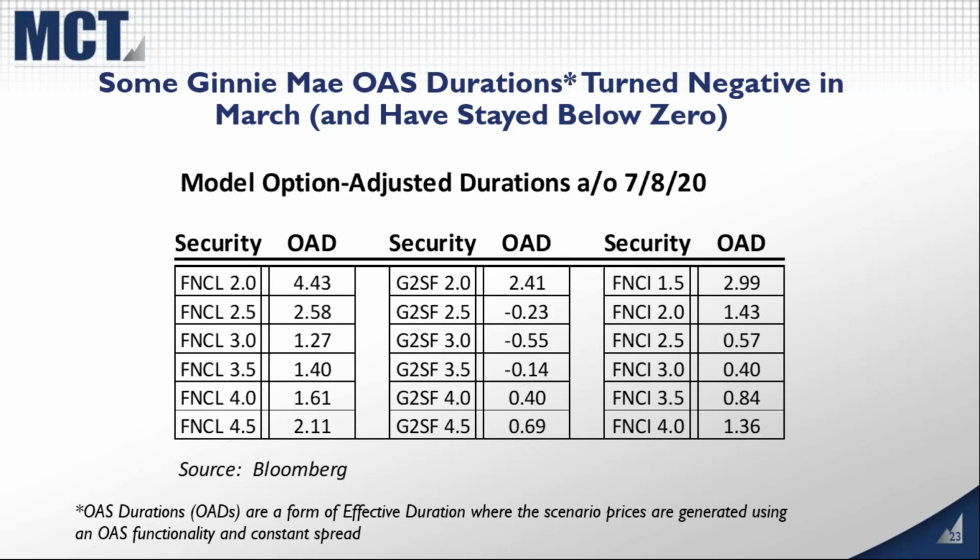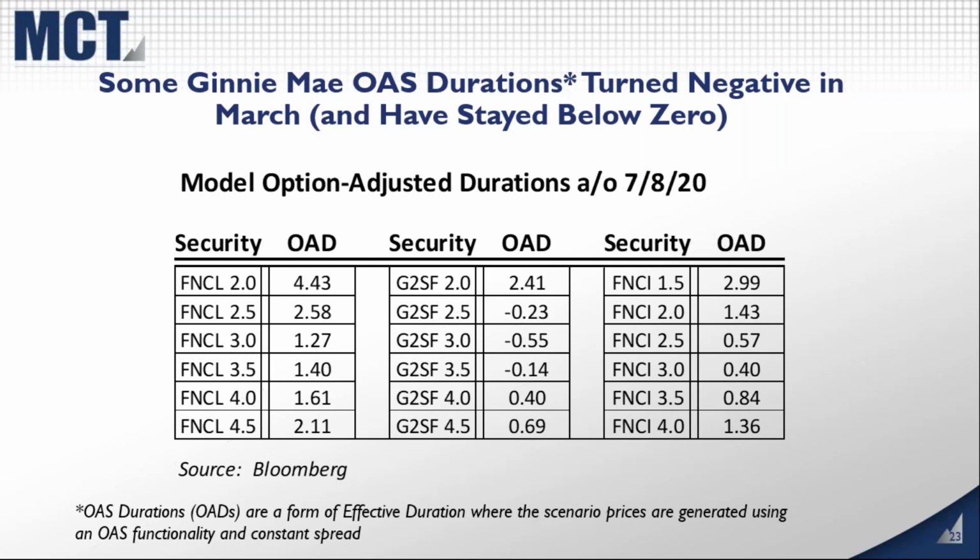Now, one thing that came to pass in mid-March was that one day we walked in, and using Bloomberg's model durations, the duration for many Ginnie coupons suddenly went negative. Part of it was a change to their model, I believe, but when you walk in one day and see that Fannie 2.5s had a duration somewhere in the mid twos, and the Ginnie 2.5s and 3s had a negative duration, well, hedging models are not made to deal with negative durations, and it is a very abnormal occurrence in the market.